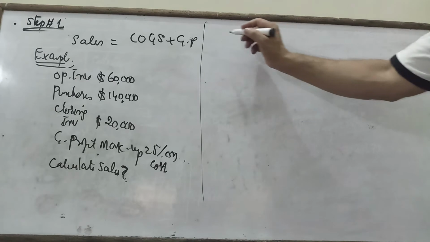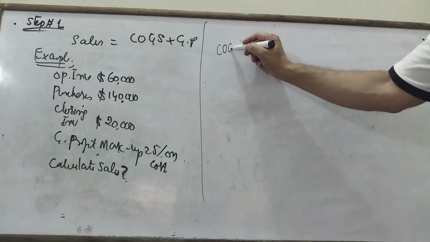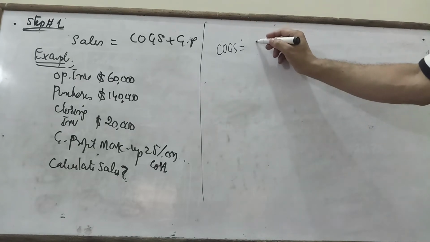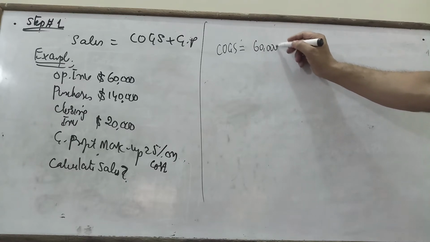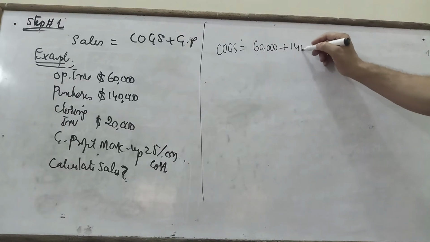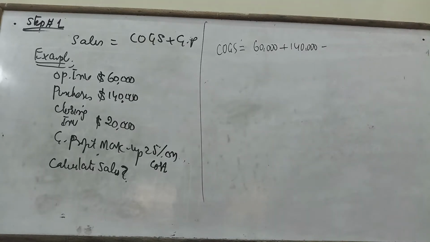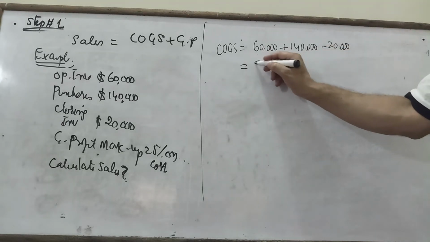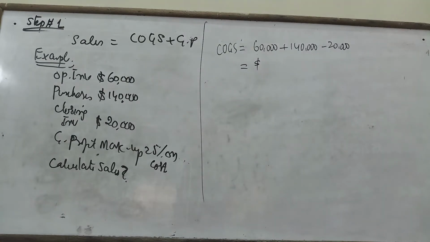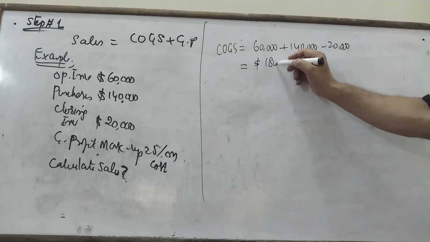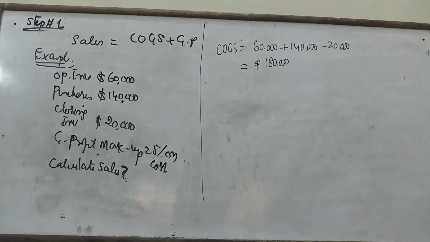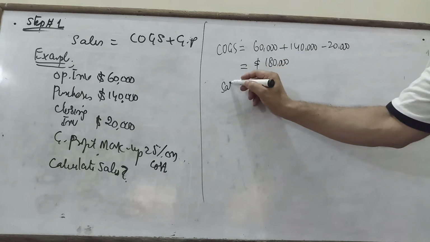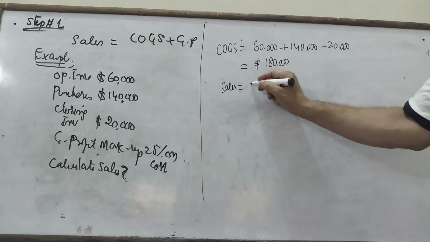So for that, first of all, you have to calculate COGS. COGS equals opening inventory 60,000 plus purchases 140,000 minus closing inventory, which equals 20,000. So what will be your cost of goods sold? Cost of goods sold equals 180,000. Okay, 180,000 cost of goods sold, and we know that sales equals cost of goods sold